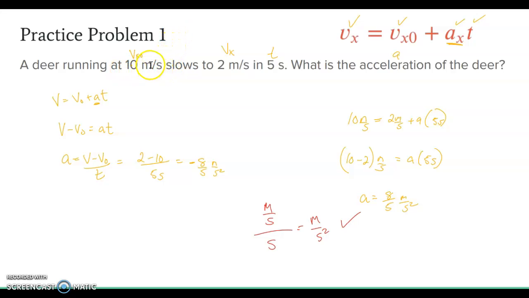The deer is running at 10 meters per second and then slows to 2 meters per second. That means that the 10 must be the initial velocity and the 2 is going to be the final velocity. They're not always listed in initial and final order, so read carefully for the context. I might say that an object